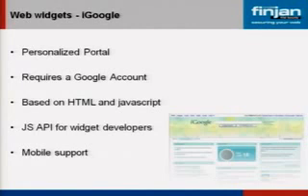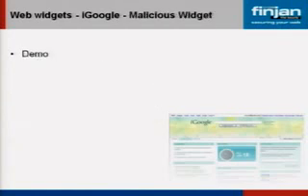Google actually gives developers a JavaScript API, so the widgets can interact with each other. But if they want to interact with each other, they must be inline. So you'll get some kind of a warning, but again, if any one of you actually listen to warnings, you should, but other people won't. Iftach will later talk about the mobile support in iGoogle. iGoogle is not the only one that supports mobile. Live.com also does that. So let's get straight to the demo.